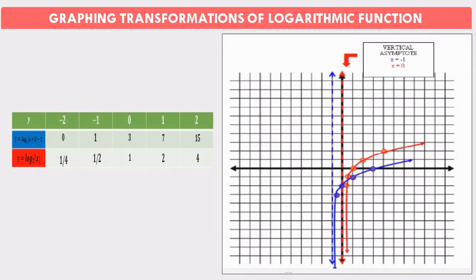Okay, then let's graph them. So we can see that the blue graph has an h value of -1. So it moves to the left 1 unit from the red one. And it has a -2 k value. So it moves downward 2 units. Okay, so we can see that there is really a shifting of the graph based on the k and h value. Okay, so again, the movement up and down is based on the k value, and the movement left to right is based on the h value.